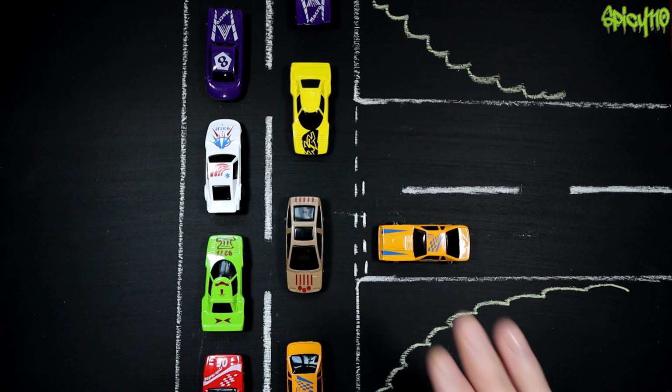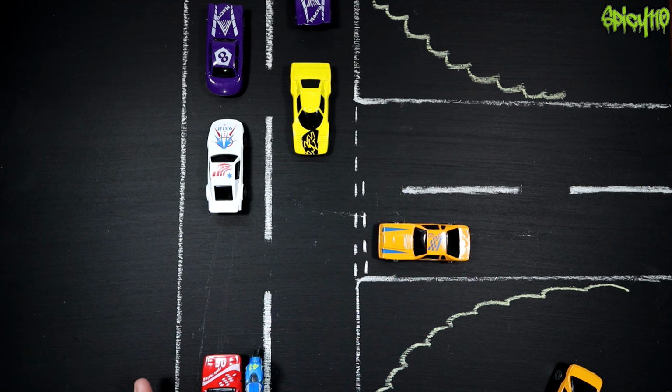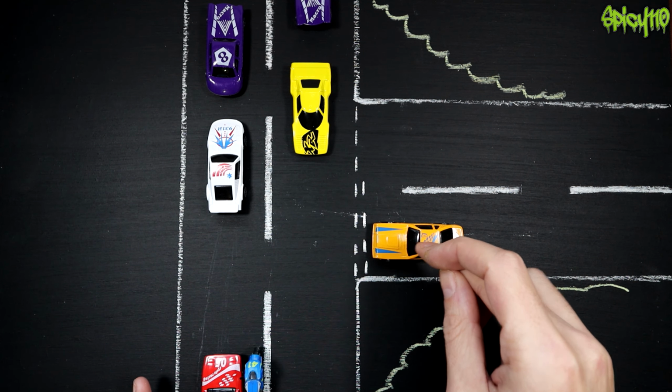But when you come up to a situation like this, it's really important to hold back, because at this point here, depending on the spacing of the cars, so many things can happen. So I've removed some cars now, so there's some possibilities to move. In this scenario, you can see what's likely to happen is that this person wants to get into a gap